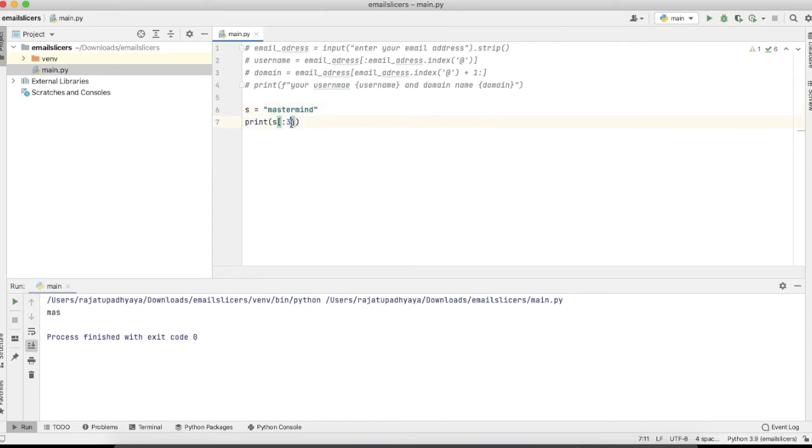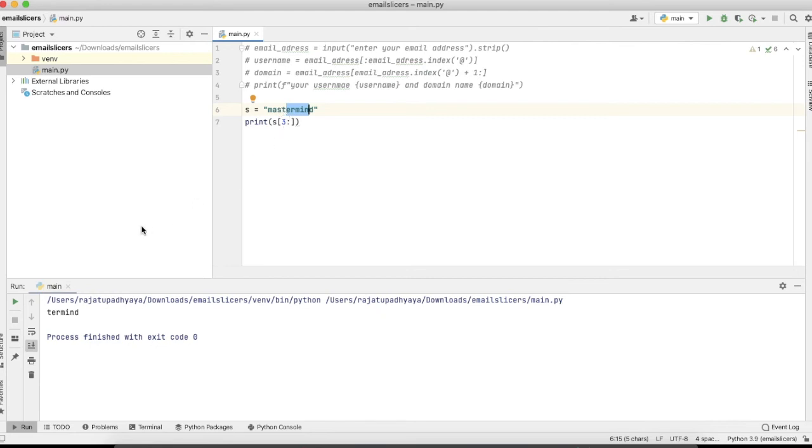Now suppose we have to print this other part. Then we have to define the starting index, like I'm defining 3. It will take the whole string after that. If we check the indexing, M is 0, A is 1, S is 2 and T is 3.